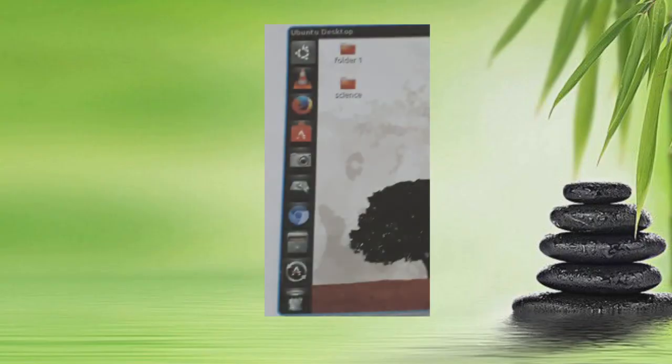Now the third part of the desktop, that is Launcher. Launcher means the long vertical bar on the left side of the desktop is called the launcher. What is its use? It provides quick access to applications, removable devices and the trash. Do you know what is trash? Trash is just like the recycle bin in our Windows operating system. We can say that is the waste bin of a computer. Whenever we delete a file or folder, it will be moved to the trash.